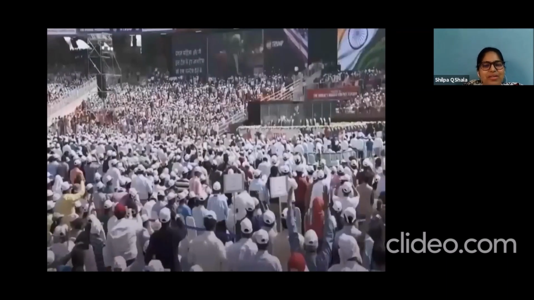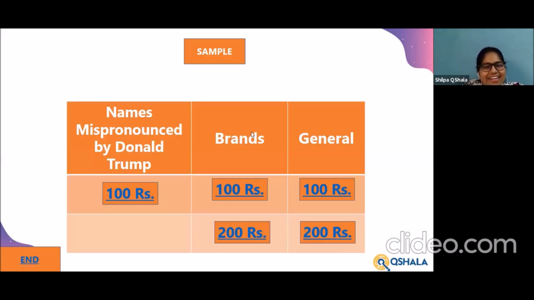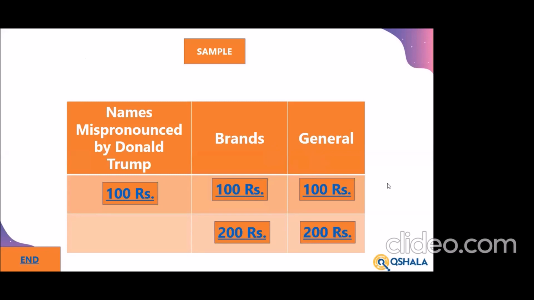Yeah, that was Donald Trump, and that's what he had to say about Sachin Tendulkar there. Let's move ahead. Thanks a lot for that, Anne Mary. Moving on, let's go to Neeta Bhattacharjee. Ma'am, would you like to choose a topic and how much you'd like to play that for? Yes, I would take brands and I would play for 100 rupees. Okay, thank you.